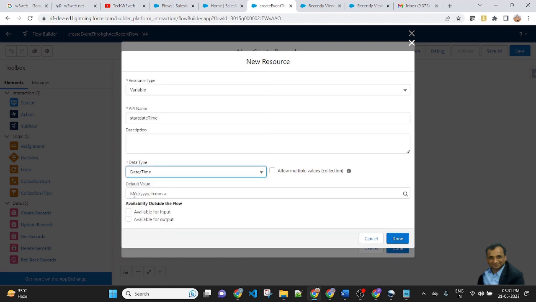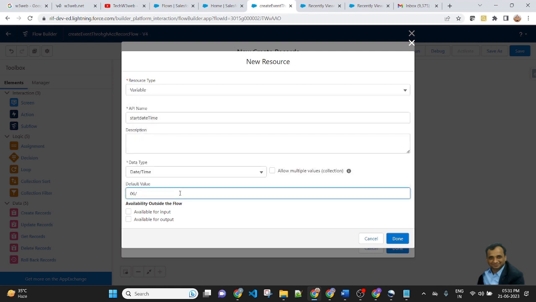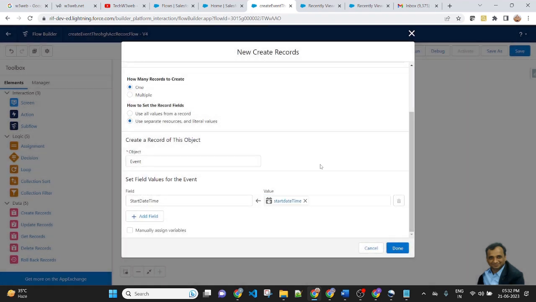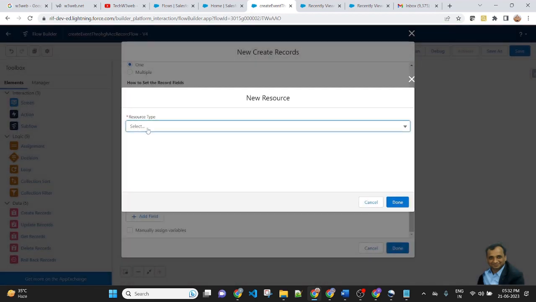For the default value I will put month, day and year: month 06, day 21, year 2023, comma, and 5:30 AM. Then done. So I am passing the value for the start date, then the date time value will be coming from a variable.